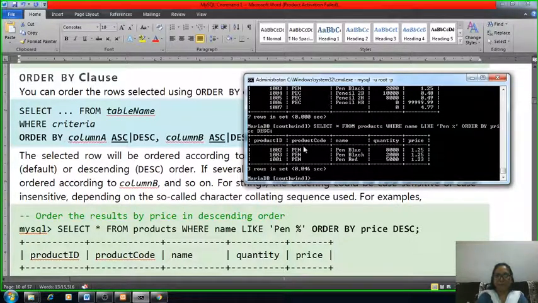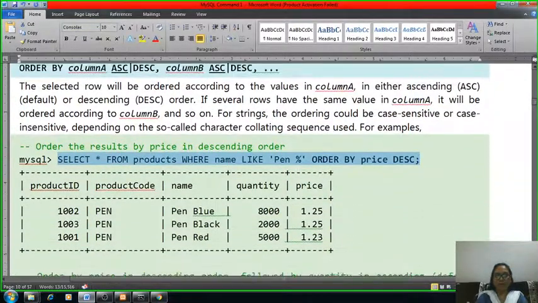So let's see here, this is the name of the product, where the first three characters are 'pen', and the percent sign means the rest of the characters. The price value is in descending order, meaning the greater price is at the top, then the second, then the third, and the lowest value is 1.23. So we are setting the price values in descending manner. See, the product ID here is not sequential, it is 2, 3 and 1. This is how the ORDER BY clause works. We can set any attribute's values in descending or ascending order.